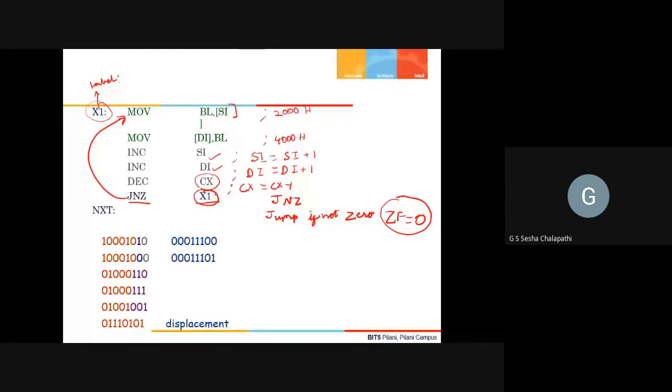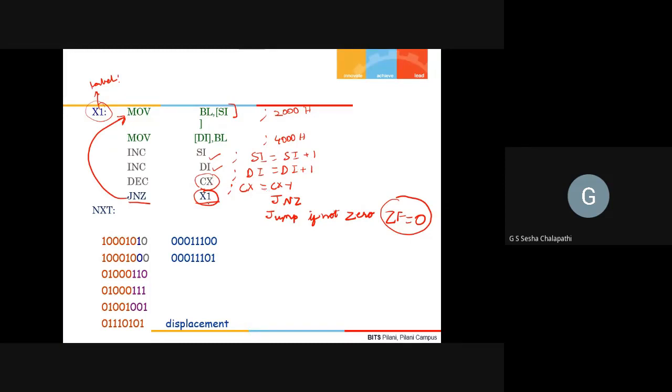Every time you copy a byte from one location to another, I am decrementing CX. So the first byte I transfer from 2000H to 4000H, incrementing SI, incrementing DI, and then I decrement CX.